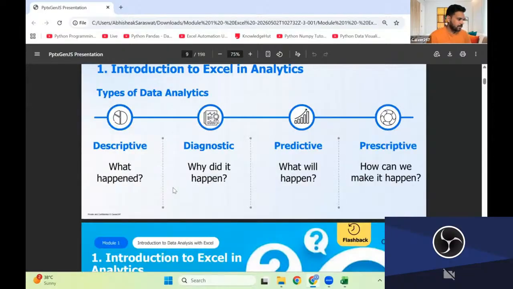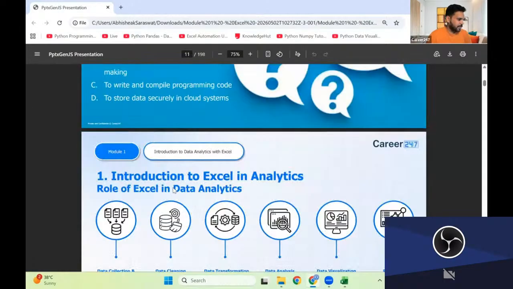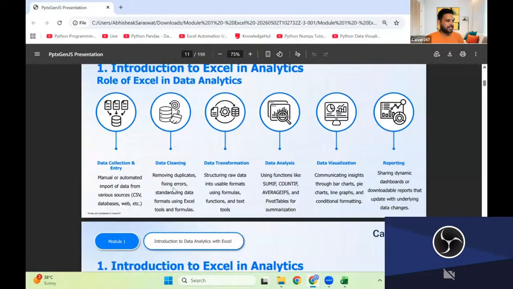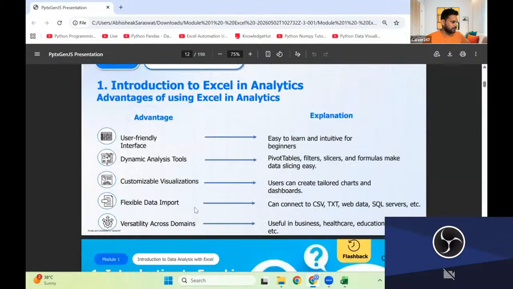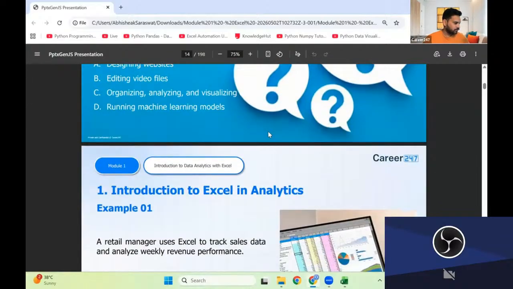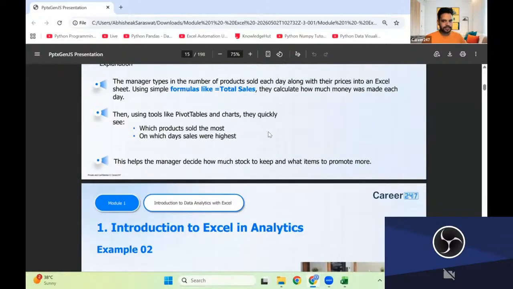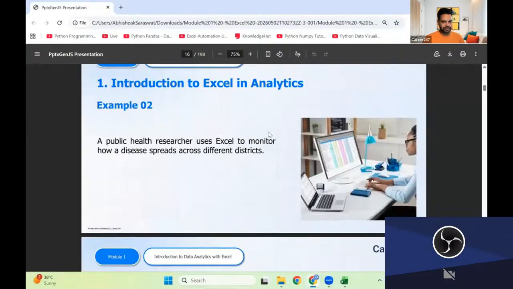ठीक है, अब देखो ये हटाते हैं। ये आपके एक्सेल के मेन ऑब्जेक्टिव होते हैं, जैसे मैंने बताया, डेटा कलेक्शन हो गया आपका, डेटा क्लीनिंग हो गया, डेटा ट्रांसफॉर्मेशन हो गया, डेटा एनालिसिस हो गया, डेटा विजुअलाइजेशन हो गया, रिपोर्टिंग हो गया, और ऑटोमेशन हो गया। ये सारे आपके एडवांटेजेस हैं। आपके पास में एक डेक होगा, इसको भी आप पढ़ लेना, ठीक है? चलो अब मैं प्रोसीड करता हूँ द कोर ऑफ माइक्रोसॉफ्ट एक्सेल।